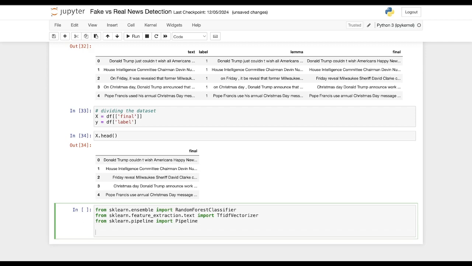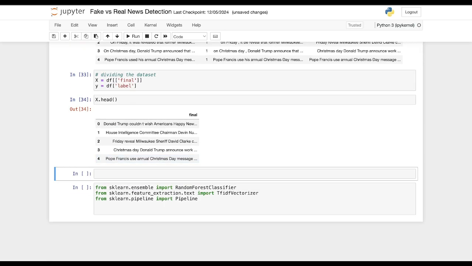Now before doing this, we need to do one thing here. We need to divide our data set into the training set and the testing set. Basically we want training set to train our model and the testing set to evaluate our model upon. So for that we require the train test split here. So from sklearn.model_selection, we are going to import train_test_split,